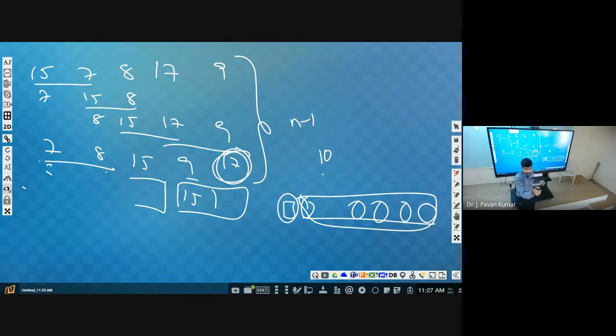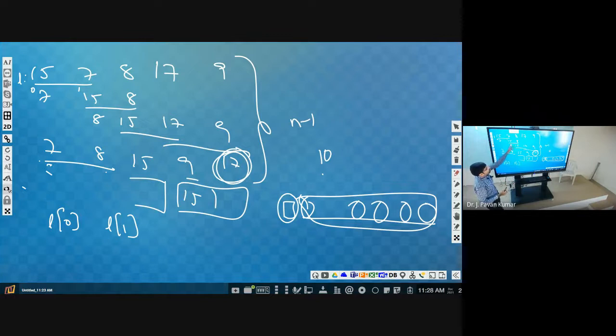In each pass, what are we doing? We are comparing adjacent elements. We start from here only, right? This is stored in a list. How can we access an individual element? By using index. Index starts from 0. So the 0th value we will compare with the index 1 value. Let us say the name of the list is L. So L of 0 we compare with L of 1.